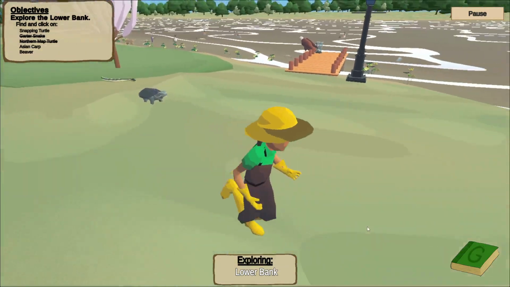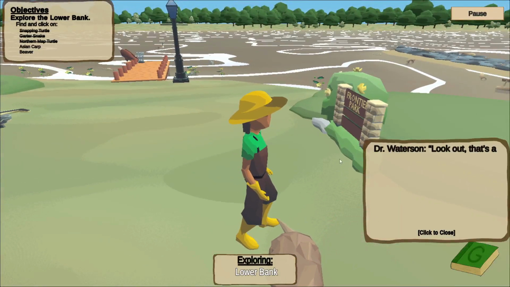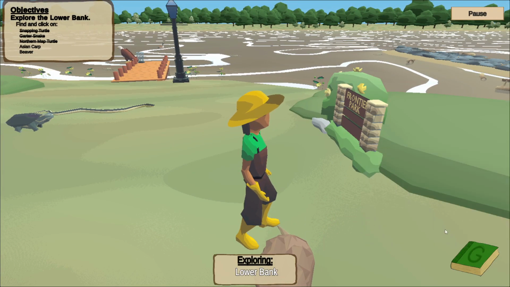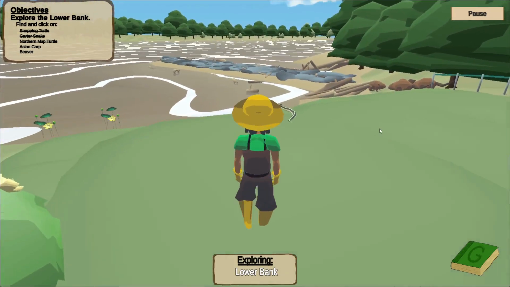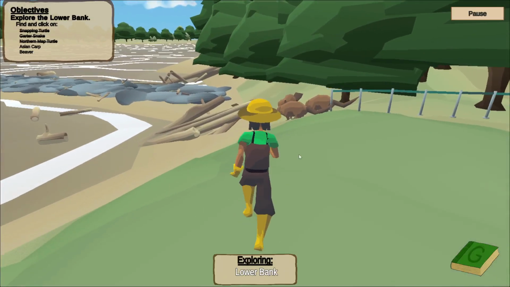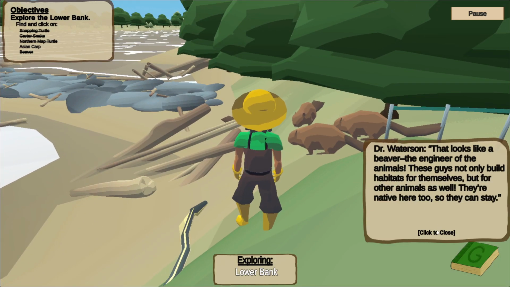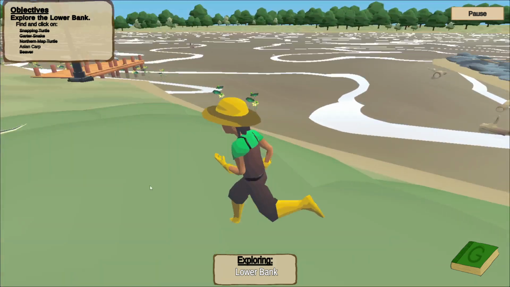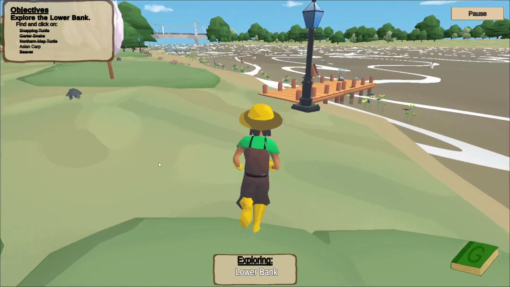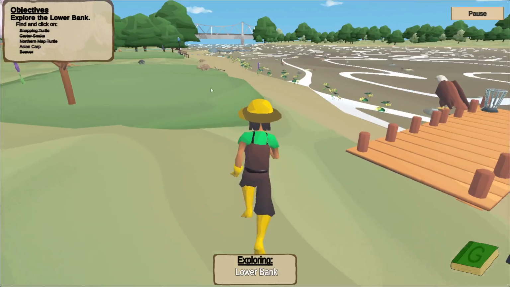Oh, wait. Need to find the snapping turtle. There's a snapping turtle. Alright. Now let's see. I thought I saw some. Yeah, there are the beavers over here. Good to know. Beaver, the engineer of animals. Lovely, lovely, lovely. Okay. Now we just need to find